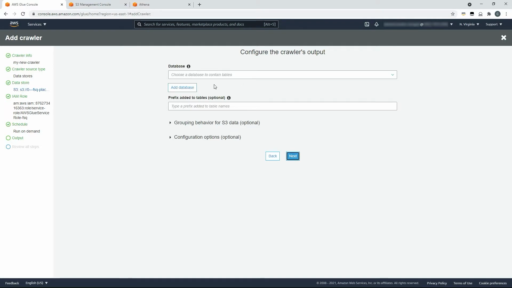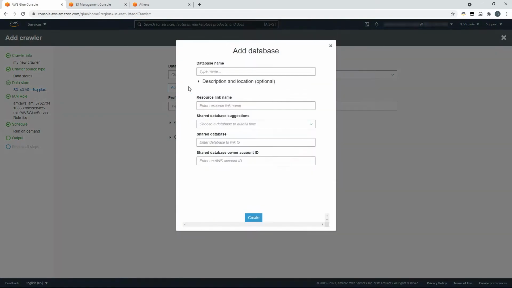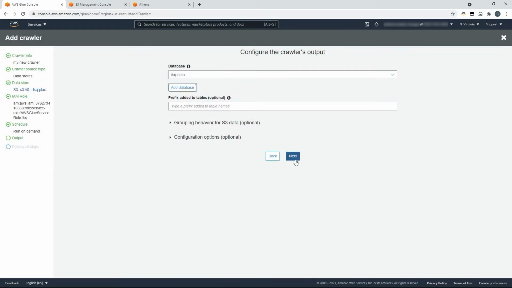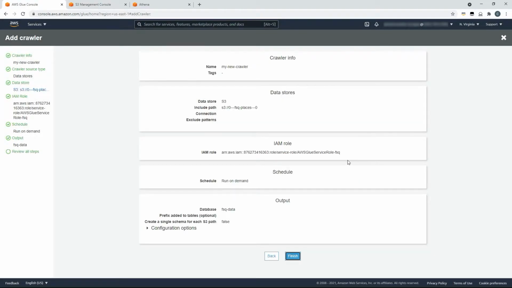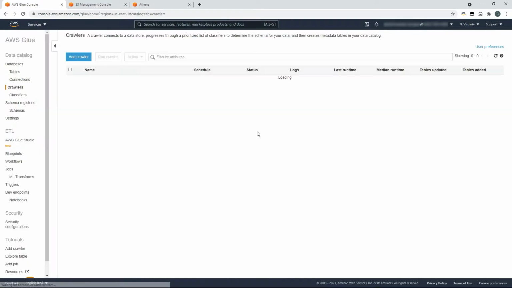Next we get to choose a database, and I'm going to create a new database for this data, and we'll call that database FSQ Data and click create. We'll click next, we'll review the information about the crawler and click finish.